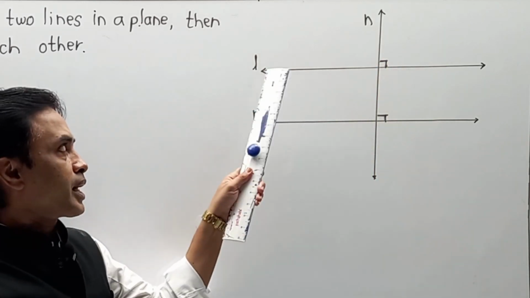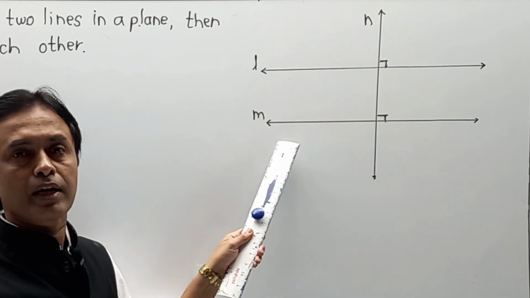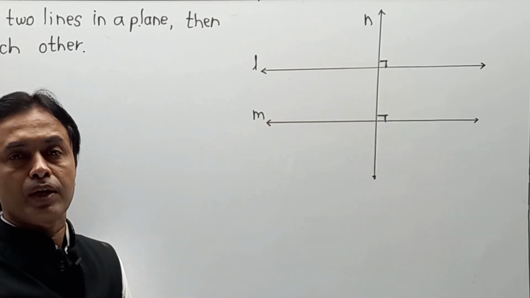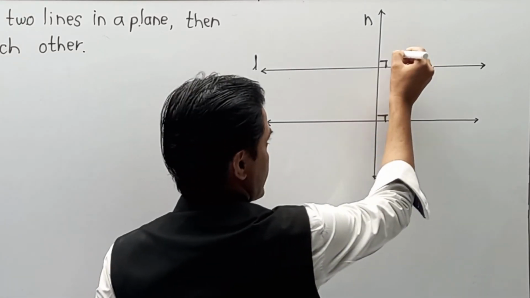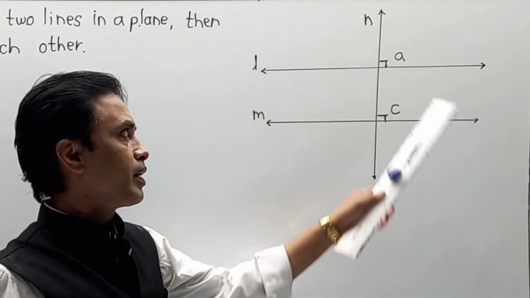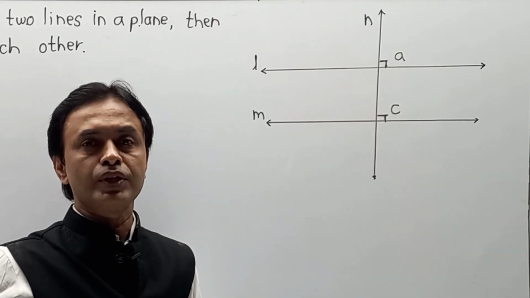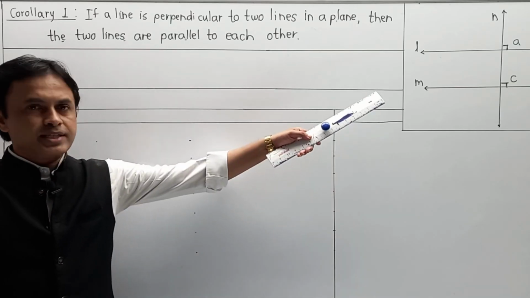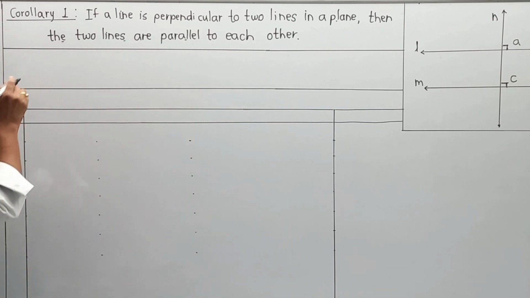Now we have to prove that line L is parallel to line M. Here this angle is perpendicular, which means 90 degrees is given. Just for nomenclature, I am going to indicate them as angle A and angle C. So one part I have indicated as A and the second as C. And now we are going to write the proof in the form of given, to prove and proof. Now as per the discussion about the diagram, we are going to write all the parts over here. First, given.